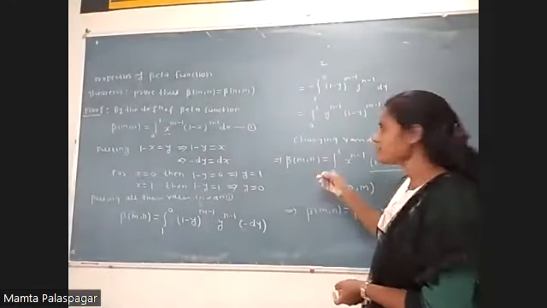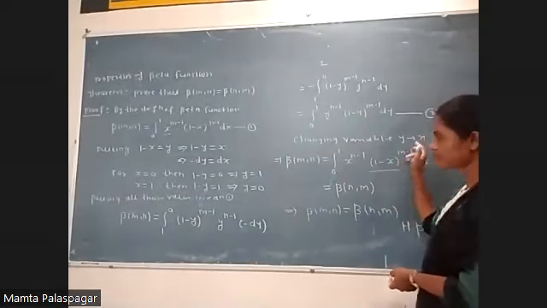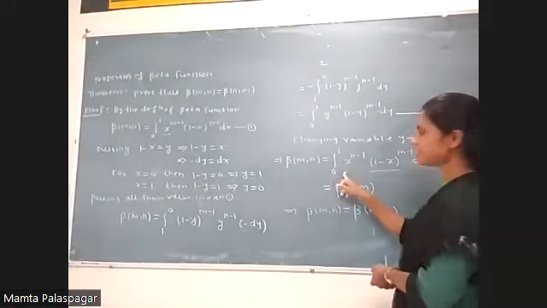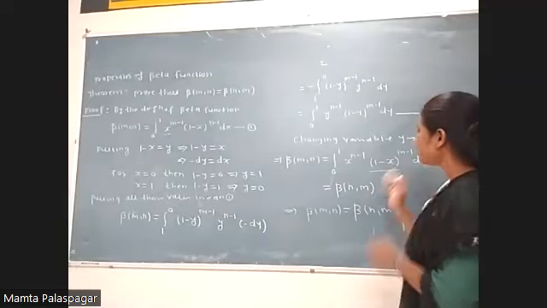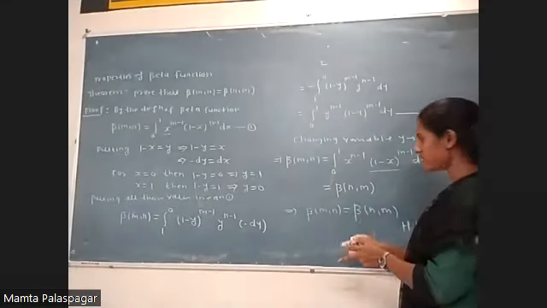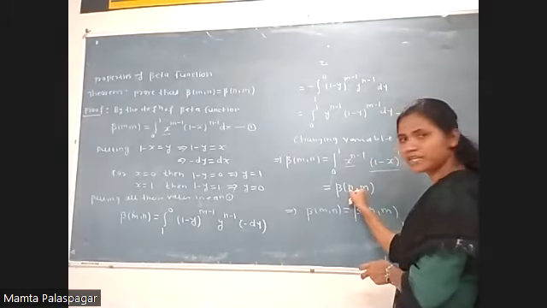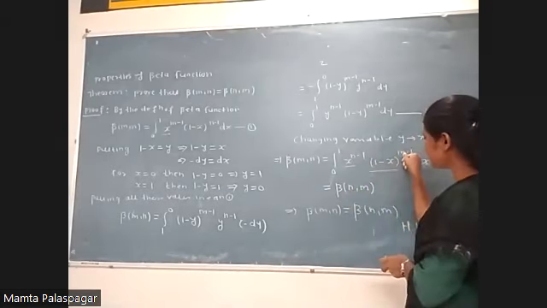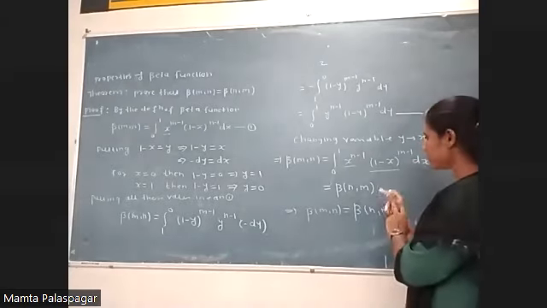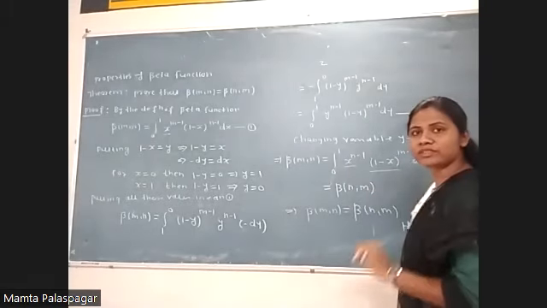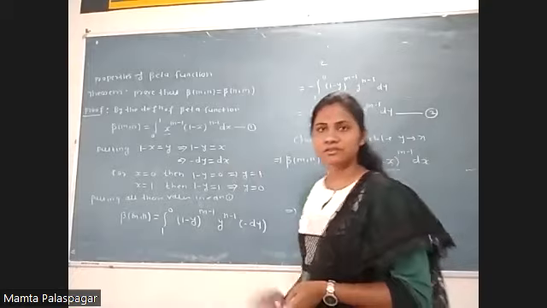In the next step, we change the variable from y to x. So this equation is converted in terms of this. Compare this equation to the equation number 1. So here the power of x is equals to n, so that's why we took here first n, and this power is in terms of m, so that's why we took here the second entry as m. So in this way, this is the proof for this theorem.